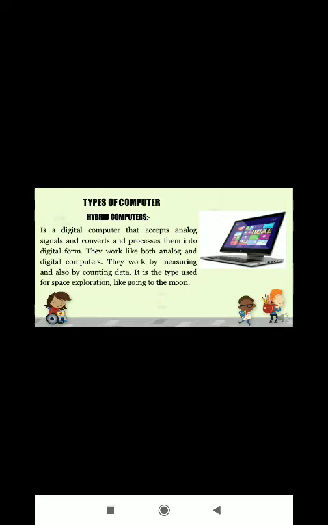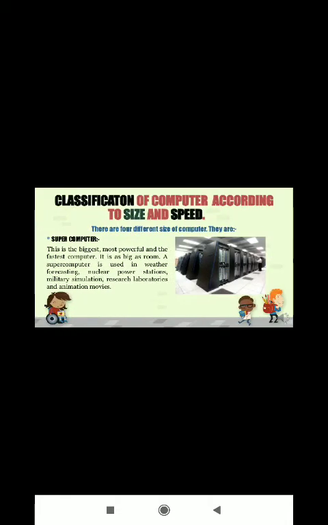Now I will take one example. In a hospital ICU, an analog device might measure the patient's temperature, blood pressure and other vital signs. These measurements, which are analog, might then be converted to numbers and supplied to the digital components in the system. These components are used to monitor the patient's vital signs and send signals if any abnormal reading is detected. Hybrid computers are mainly used for specialized tasks. Now I hope it's clear.